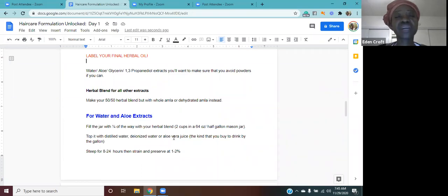Okay, all right. So water, aloe, glycerin, 1,3-propanediol extracts. For those extracts, you'll want to make sure you avoid powders if you can. In some cases it can't be helped. But in the cases where you can get something other than the powder, get something other than the powder, because it's going to make straining much easier for you,